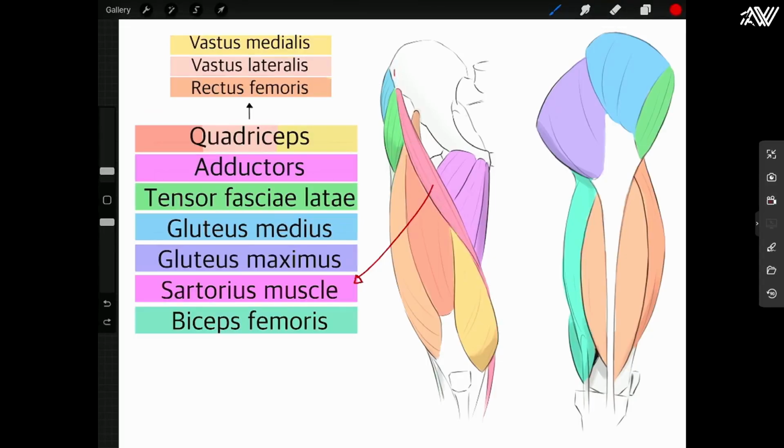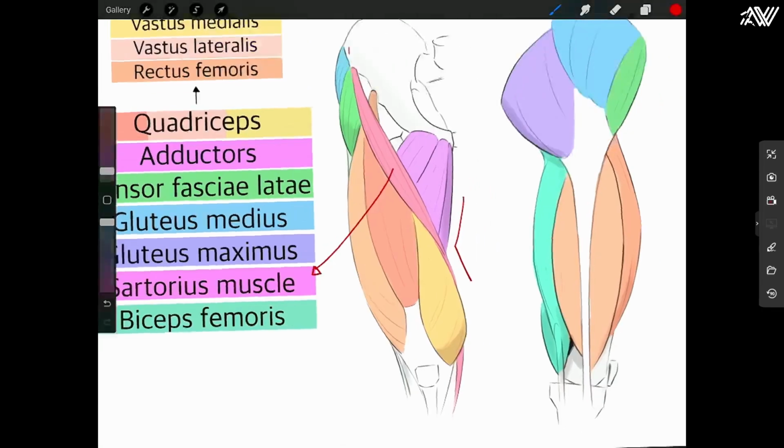Now, this will be a very big gestural indicator of the leg, the sartorius muscle. It's a very interesting muscle as well. It has a lot of functions, which we'll go over in the recap. But what it definitely does is that it kind of separates these two, where you can see this gap, right? That's what the sartorius muscle actually does. It almost separates the quadriceps, and the vastus medialis more specifically, from the adductors, and that's what will give